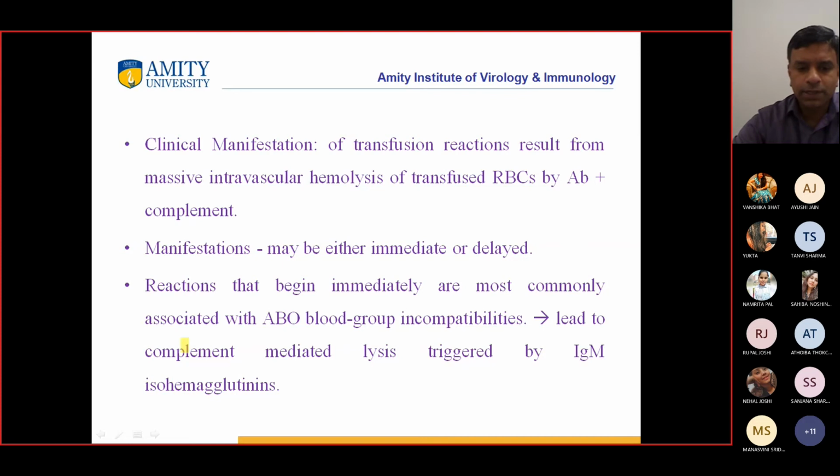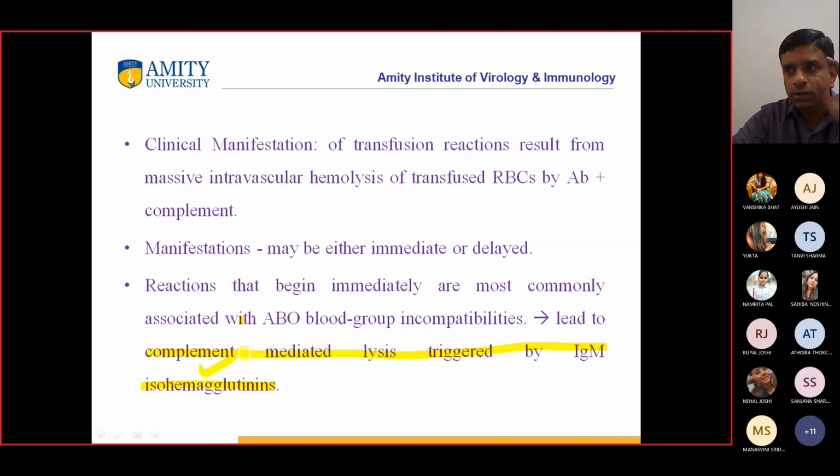So this is what we usually see. The reactions that begin immediately are most commonly associated with ABO blood group incompatibility. This leads to complement mediated lysis triggered by IgM isohemagglutinins. So you can see the mechanism is complement mediated lysis, and if you remember, there was a question also